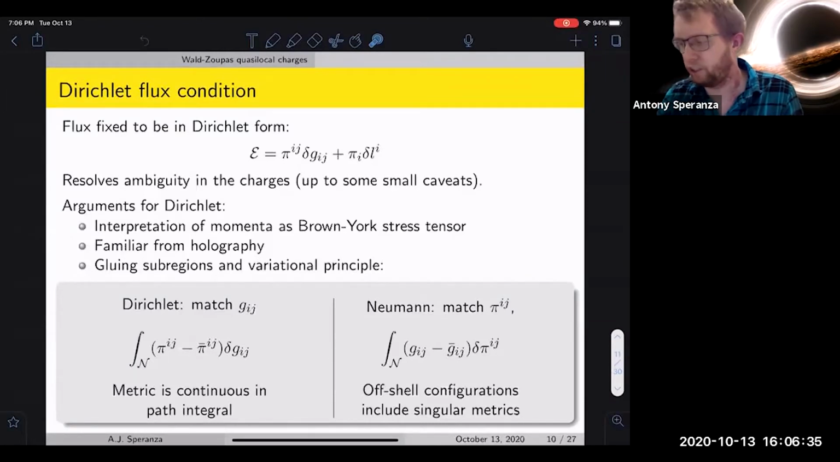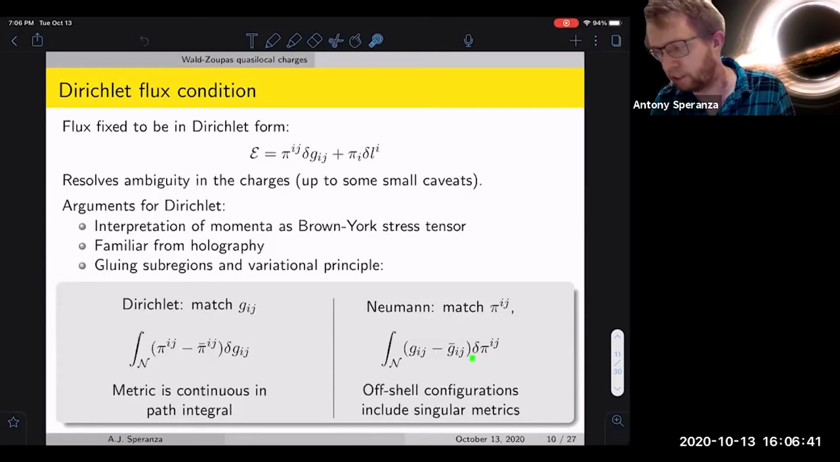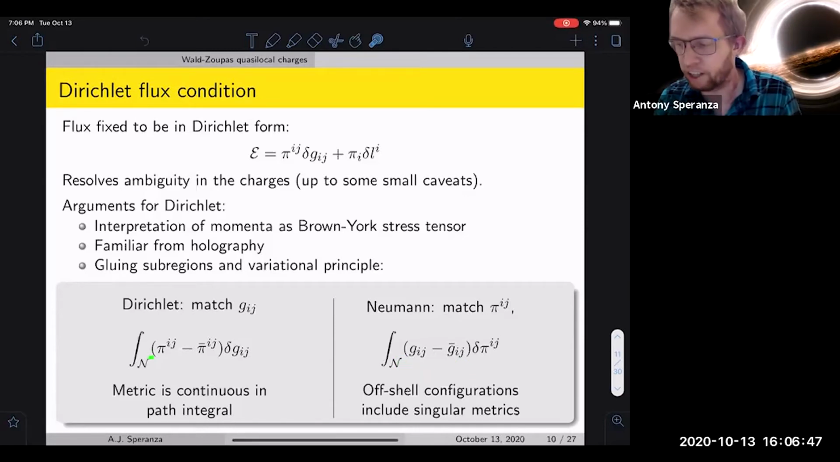In the Neumann matching, where you kinematically match the extrinsic curvature, your off-shell configurations now involve jumps in the metric, which is quite a bit more singular than allowing jumps in the extrinsic curvature. Jumps in the extrinsic curvature are associated with things like conical singularities or defects, but jumps in the intrinsic metric give a distributionally ill-defined curvature. So for this reason, we're going to argue that the Dirichlet form is the preferred form when you're constructing these quasi-local charges. And it's the one that we'll focus on for the rest of this work until the very end,